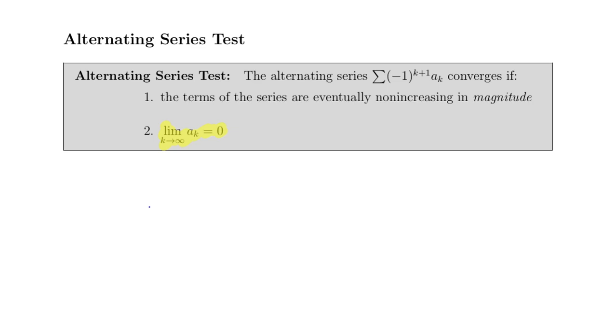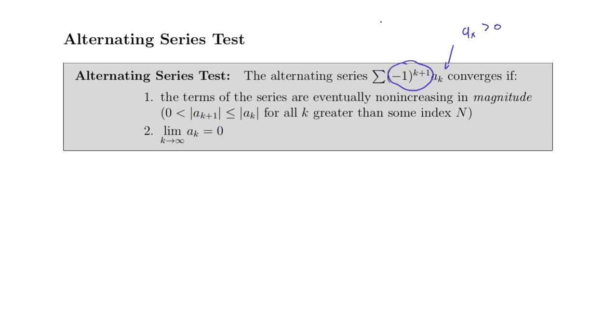Magnitude is just the size of the terms without considering sign. So we've got positive and negative terms, but we really just want the size of the terms themselves to be non-increasing, or hopefully decreasing. What this means is that if we just look at the absolute values, now, again, we've defined these a_k's to be positive, so we really don't need these absolute values here because these things themselves are positive. This is the thing putting positive and negative signs on them. But I'm just throwing in the absolute values so we really know what's going on. If the size of these things is getting smaller, they're all bigger than 0, but the next term is smaller than the one before it,